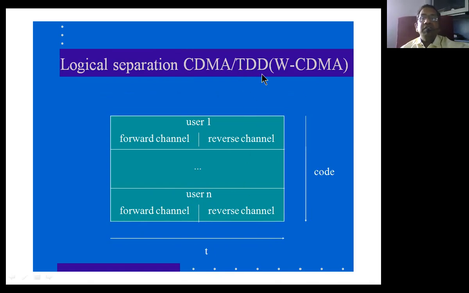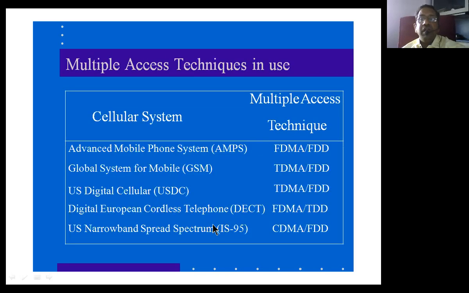And code division multiple access with TDD is called a wideband CDMA technique. So here what happens? There is no frequency constraint at all. You can simply not bother about the frequency constraint here. In the case of the CDMA TDD technique, different codes are allotted to different users. Now all these users are going to get processed in a single time slot, but every user in the given time slot is going to operate in fixed, different time divisions. So this is the CDMA kind of technique which we have.